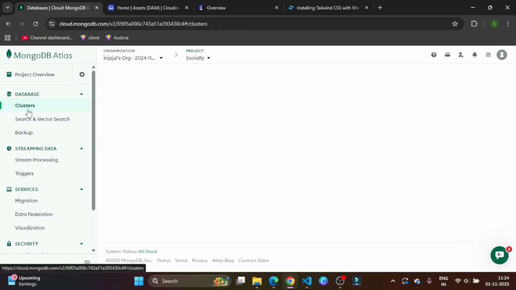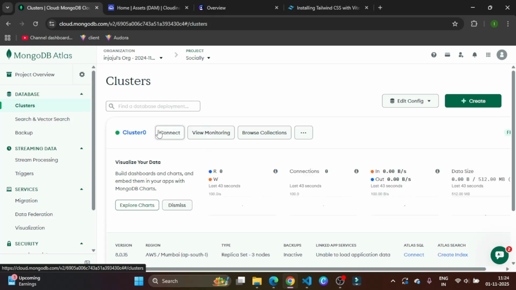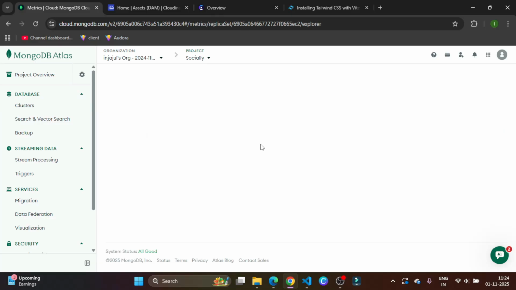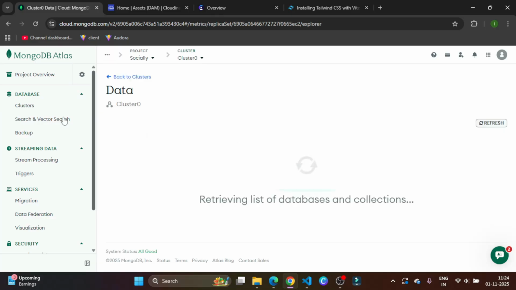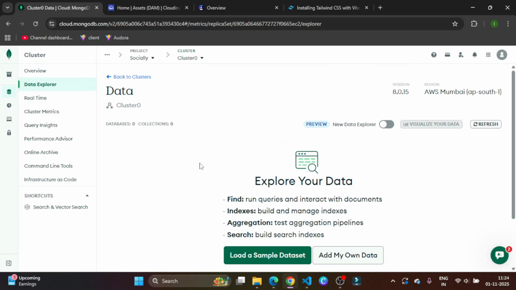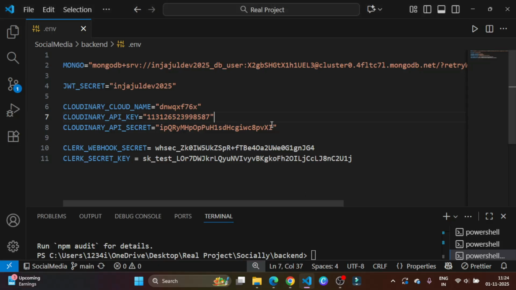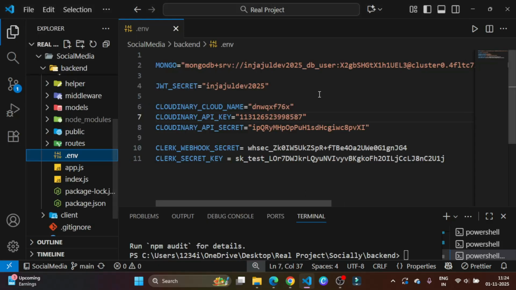Now go to cluster, and now you can see your browse collection. So this is your MongoDB data. Right now you don't have any database, so that's why you are seeing this one. But if you want to practice, you can practice with the built-in data, right? So this is our MongoDB URL, and now it's time to create